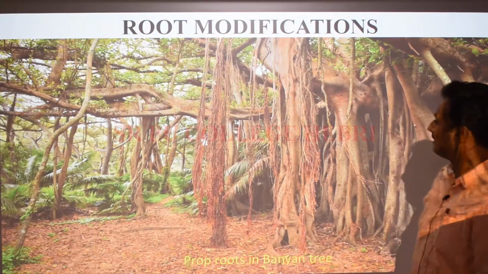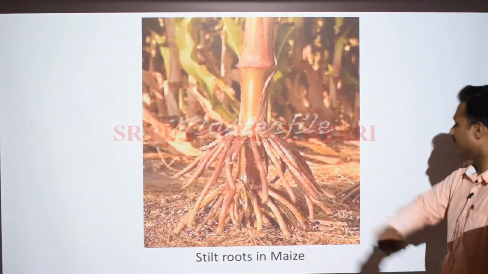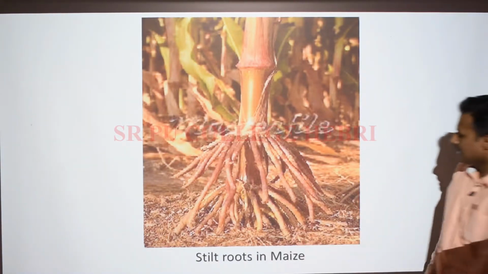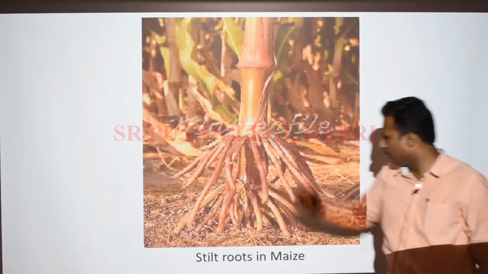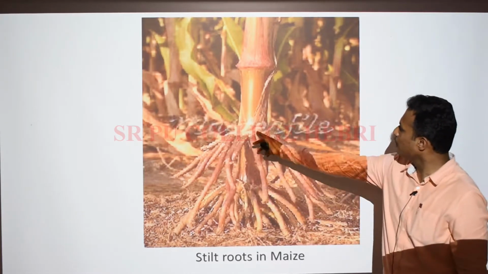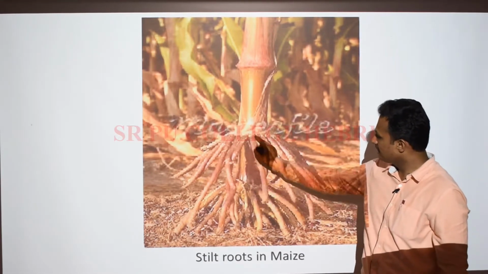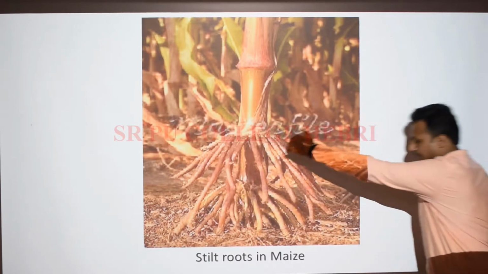Another example of root modification for mechanical support is the stilt root in the maize plant. You can see this is the base, this is the soil, and the roots are below, right? And this is the nodal region. See, this is node, this is internode. From these two nodes, you can see the production of the roots, and eventually they grow